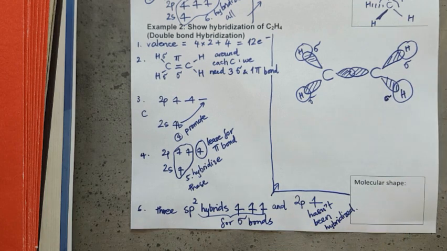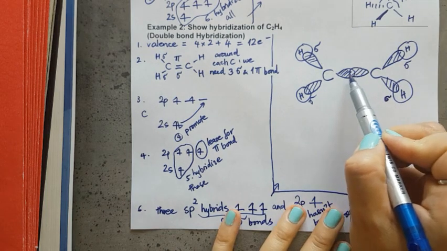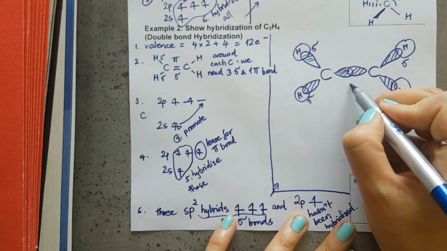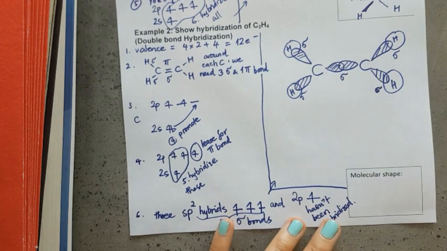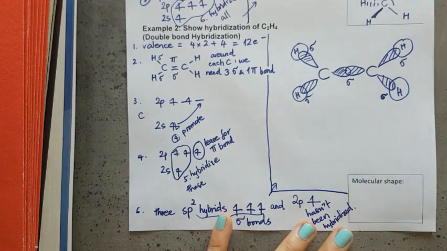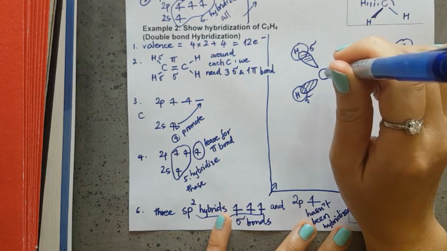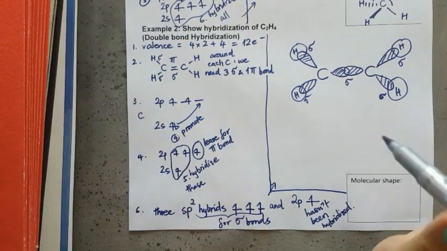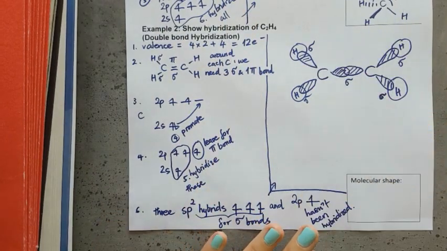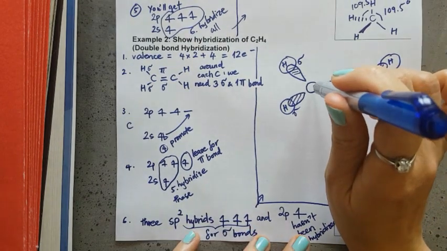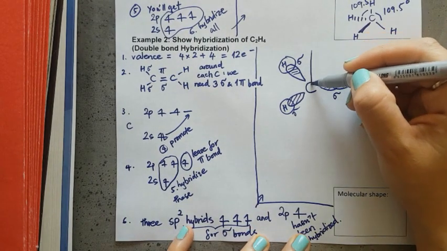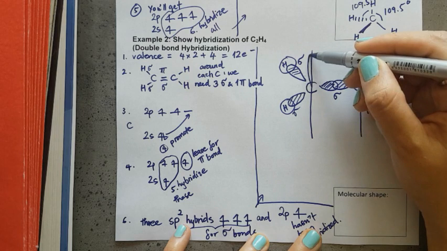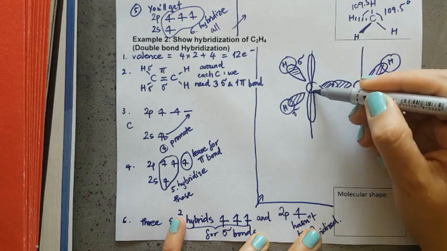Now, where is my last sigma bond? Well, you see here, the 2 overlapping horizontally like that. That is a sigma bond between the 2 carbons. Where's my pi bond, right? So imagine if I have an axis that goes through this page. That is going to be my z-axis, and the 2 pi bonds are going to overlap. Of course, I cannot draw it directly up like that, so I'm going to rely on the paper and just draw 2 axes, right? But on that axis, I'm going to draw my figure 8